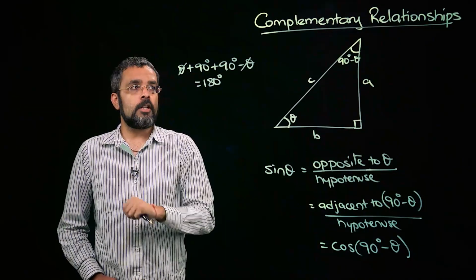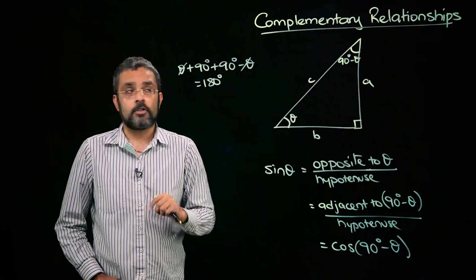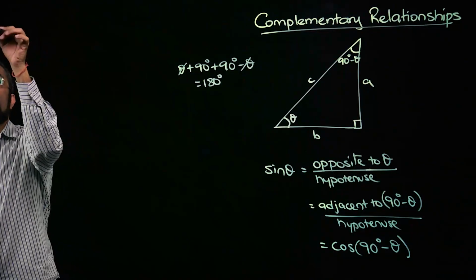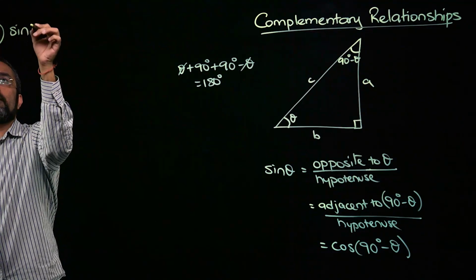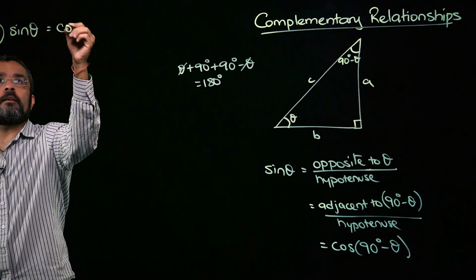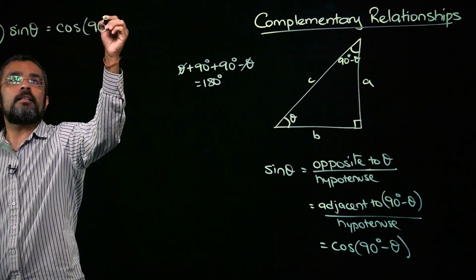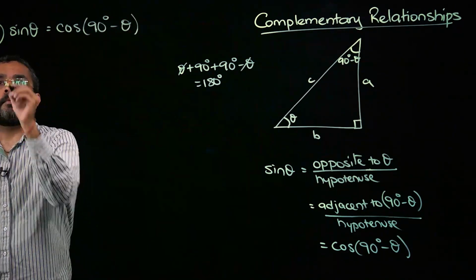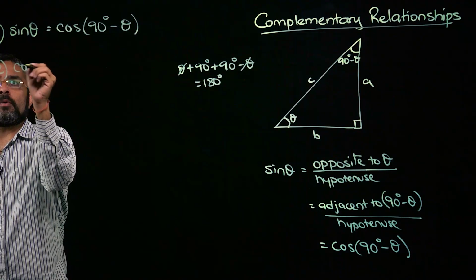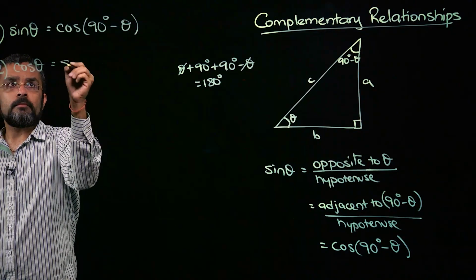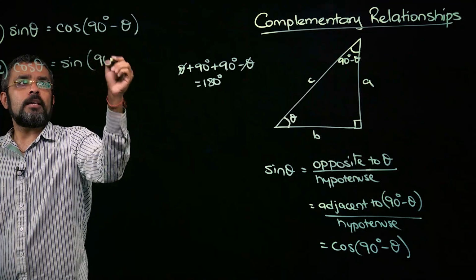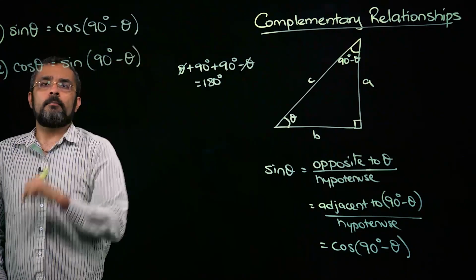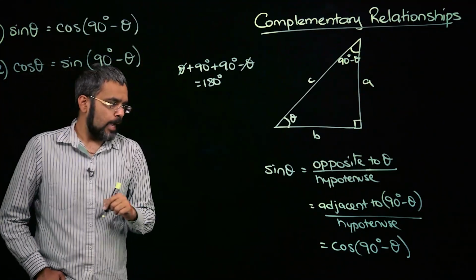So we can have these relationships. I'm going to list out all the relationships here that are complementary relationships. The first one, as we saw, is sine of theta is cosine of 90 degrees minus theta. In the same way, cosine of theta is sine of 90 degrees minus theta, right? And then we have